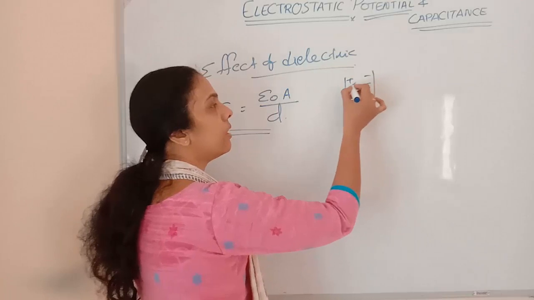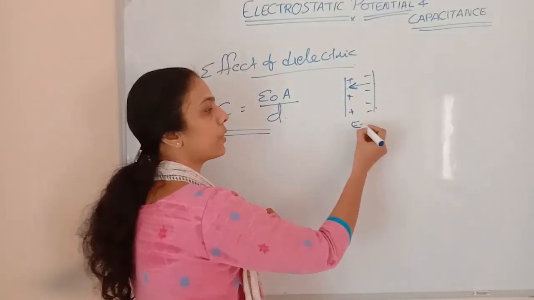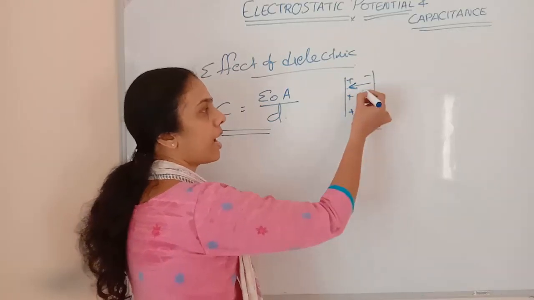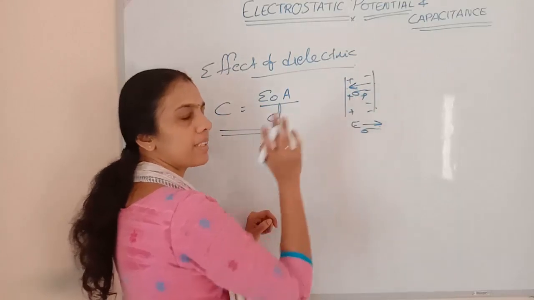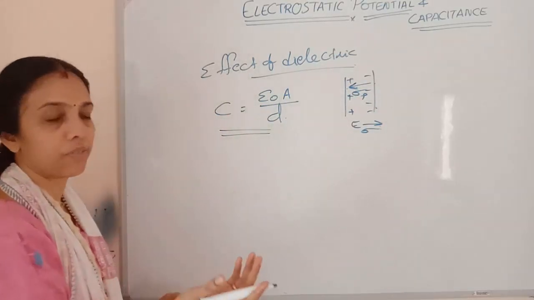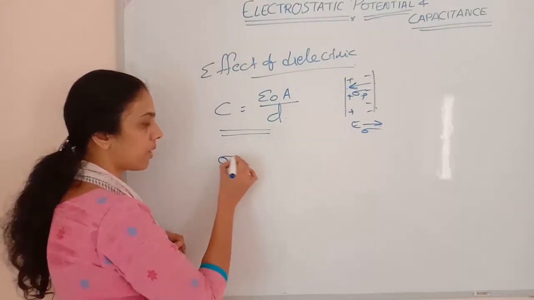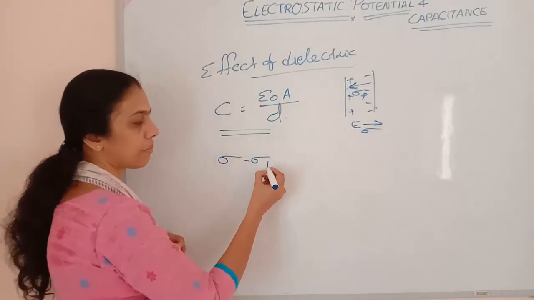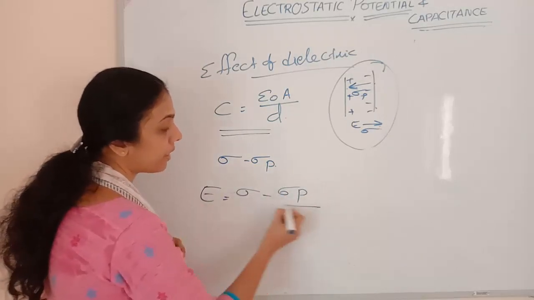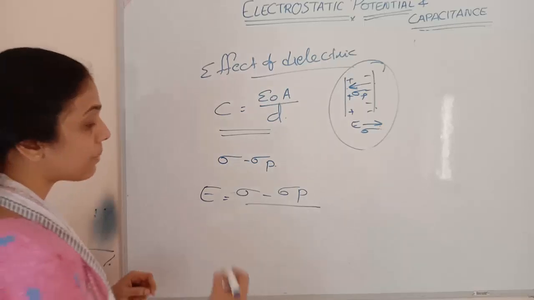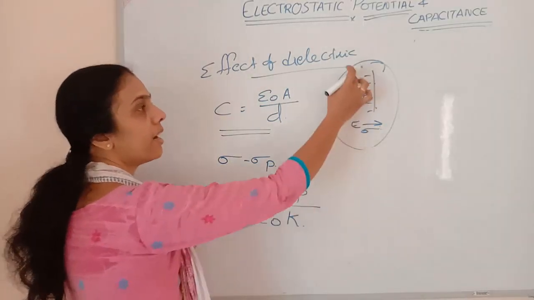So charges, electrons, will be moving from this side. The electric field is moving in this direction, so sigma, and here it is moving in the opposite direction. Okay, E minus EP will be the net effect of the electric field. Same way, how can we find the charges? The net effect of charges will be sigma minus sigma P. Therefore, E equals sigma minus sigma P divided by epsilon 0 into K, because